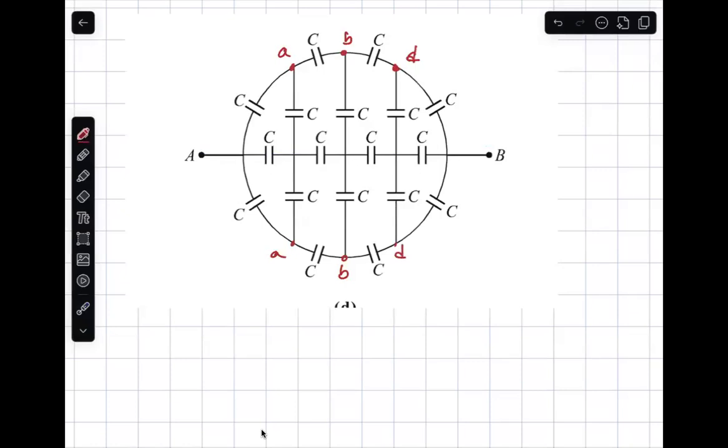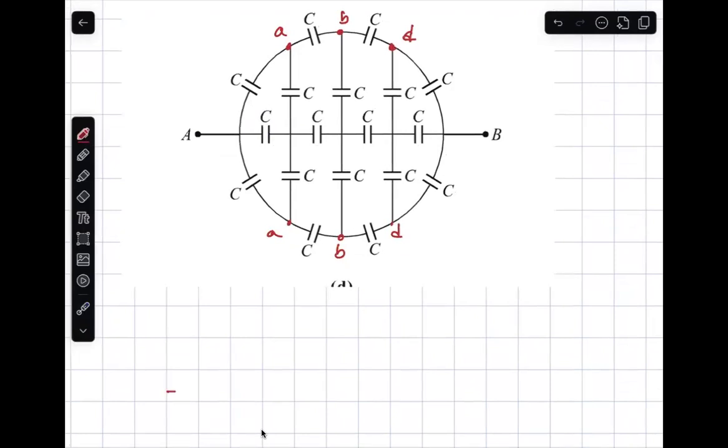All the capacitors are same like this. If you split even one into 1C, 2C or C by 2, then I cannot do it like this. So only symmetry spoils if you disturb one capacitor. Therefore, this can further be written as